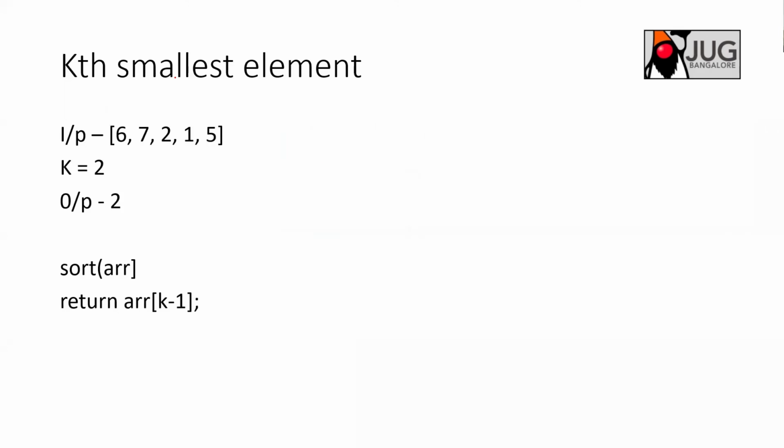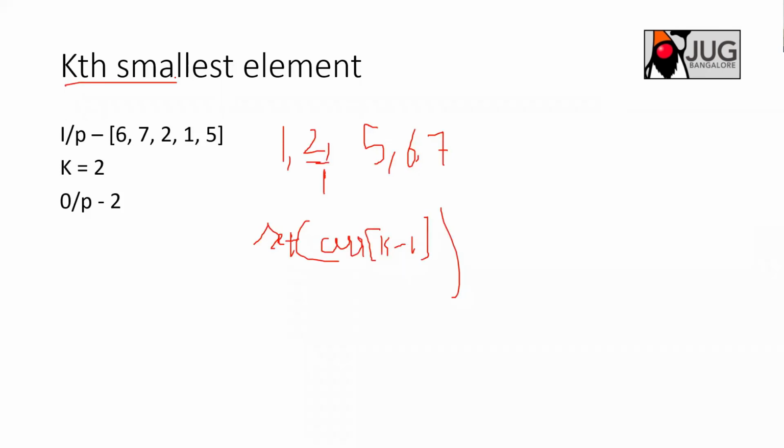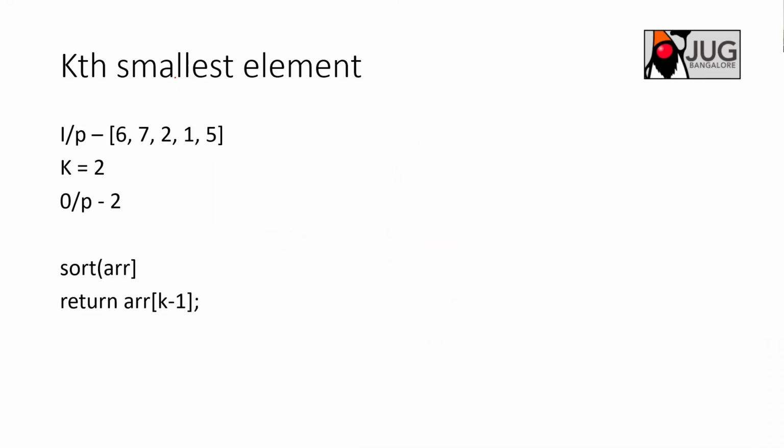Though it looks a bit complicated for you guys, once the examiner asks how I can do that, it is pretty simple. But there is one catch here. Once you do this, the examiner may ask that you don't use the sort mechanism. If you are sorting, but if I can identify that 2 is the second smallest element, I can just return that.